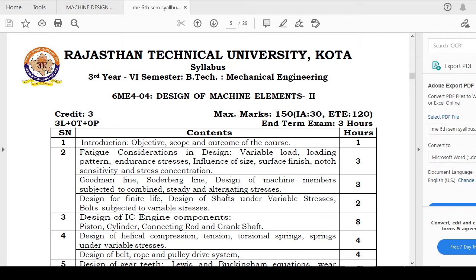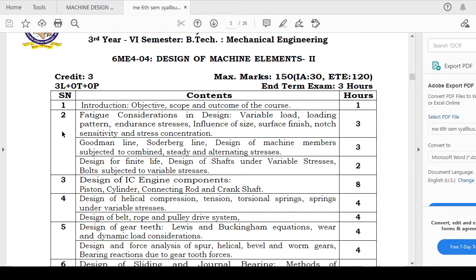As you can see in the syllabus, in unit 1 we are just going to introduce you to the subject of design of machine elements, which is the next step from Design of Machine Elements 1, which you studied in the 5th semester of 3rd year of mechanical engineering. Unit 2 is fatigue consideration in design, in which you are going to study variable loads, endurance stresses, surface finish, notch sensitivity and